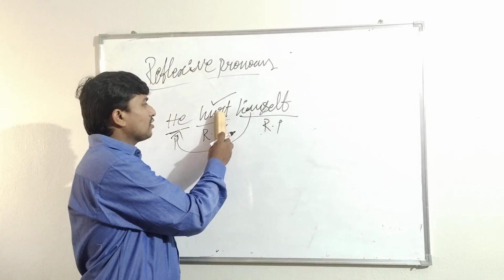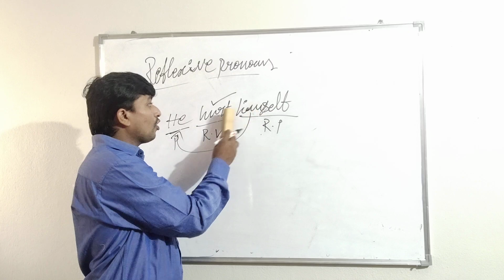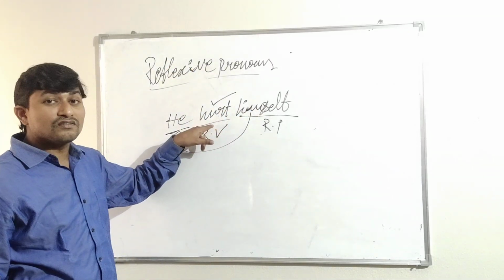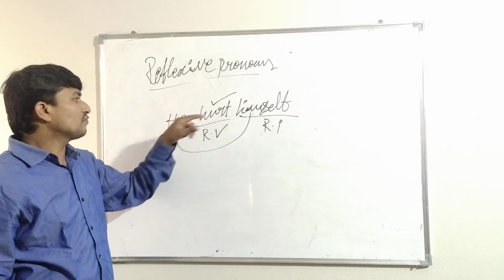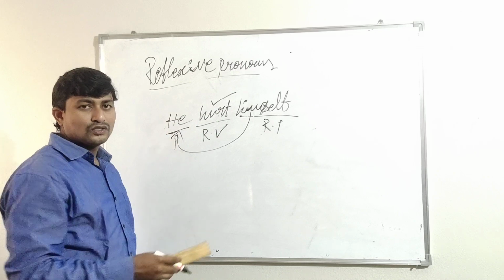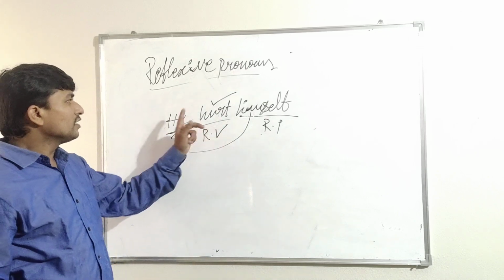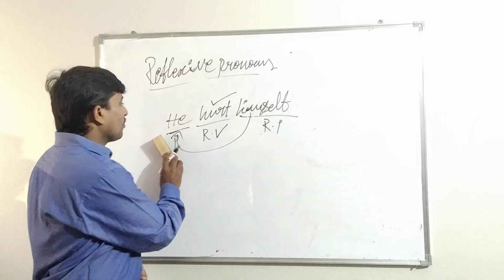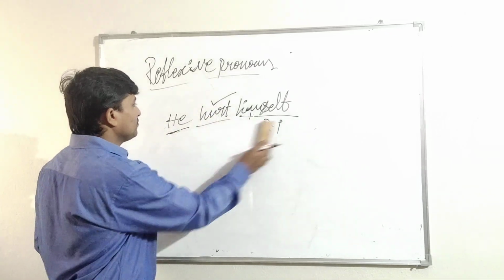So himself is the object of the verb. So that's why the verb is known here as a reflexive verb. What kind of verb is it? Reflexive verb, and it reflects the subject he. So what did he do here? He hurt himself. What did he do? He hurt himself. Like see here, we can form